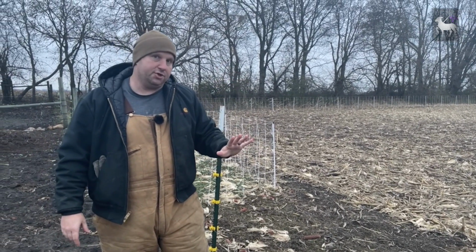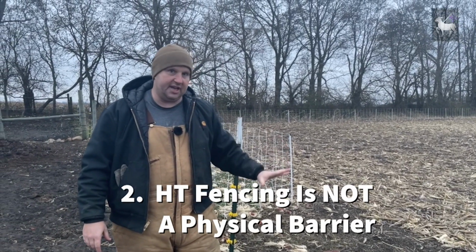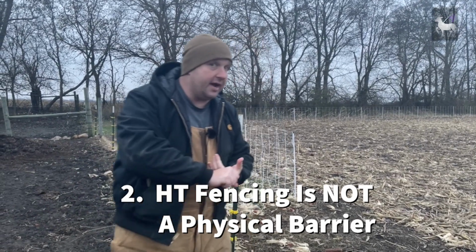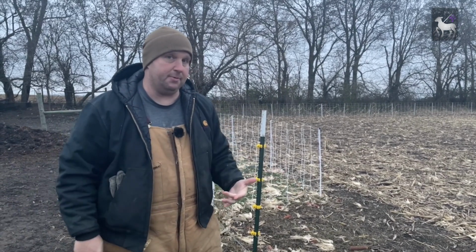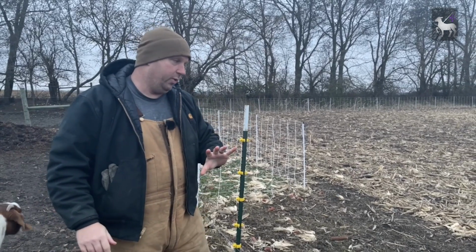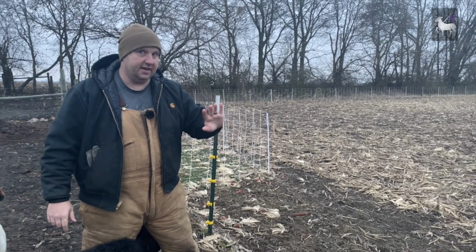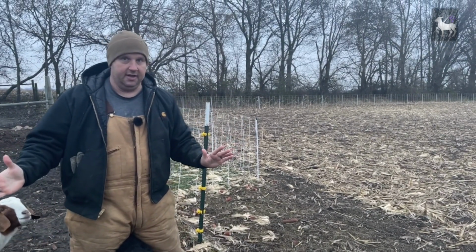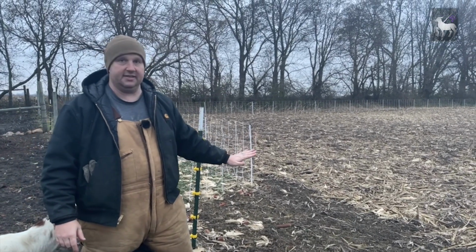And then we get into point number 2. Ultimately, this is not going to stop an animal that really wants to get through it. It's not gonna stop your animal, for one, and for 2, it's not gonna stop a dog. We've had both instances happen. We've had dogs come in, we've had dogs run right through, we've had animals get angry and they run through. If you get a buck that's in rut, if you get a doe that's in heat and that buck wants to get to her, this is not gonna stop them. Now,